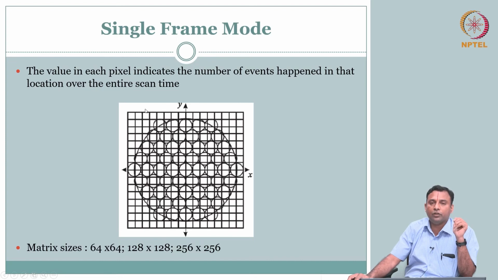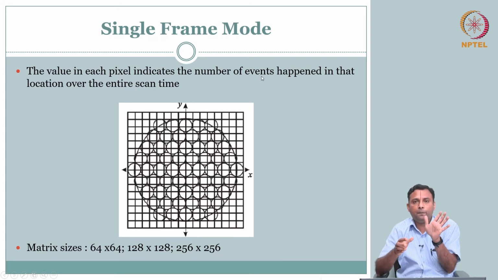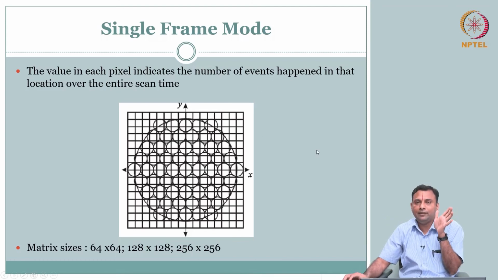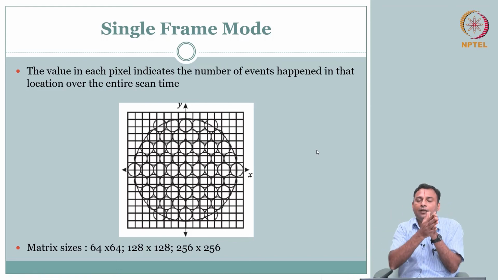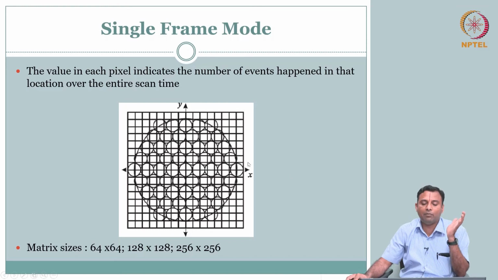So this is your mesh grid, your imaging grid, if you want to call it, and this we know is your detector, and all these little circles are your photomultiplier tubes. So based on the analysis, you know X comma Y, what was the Z. So what can I do? The value in each pixel indicates the number of events that happened. So if I keep the grid, I have one scintillation, I have one X comma Y comma Z. Next scintillation happens, I add it. Next scintillation happens, I add it. So I keep on adding.